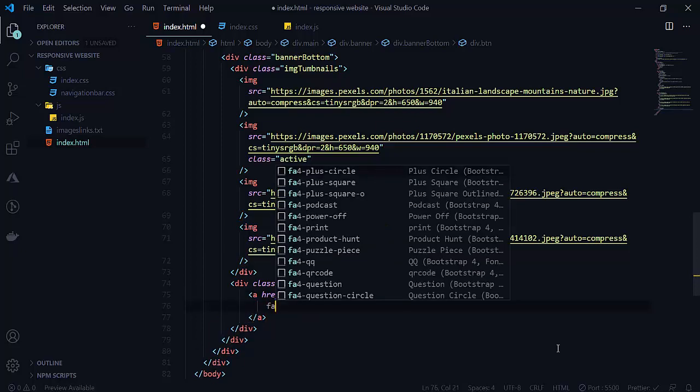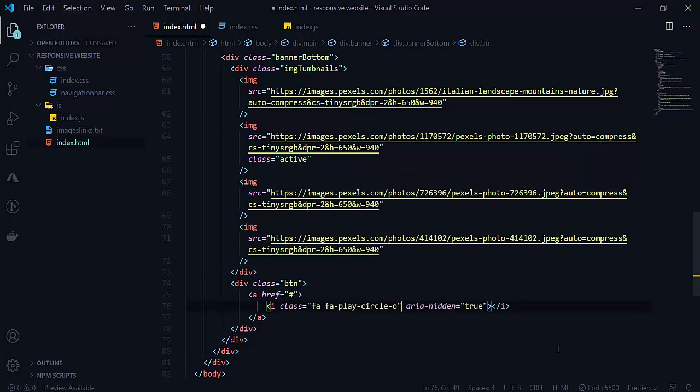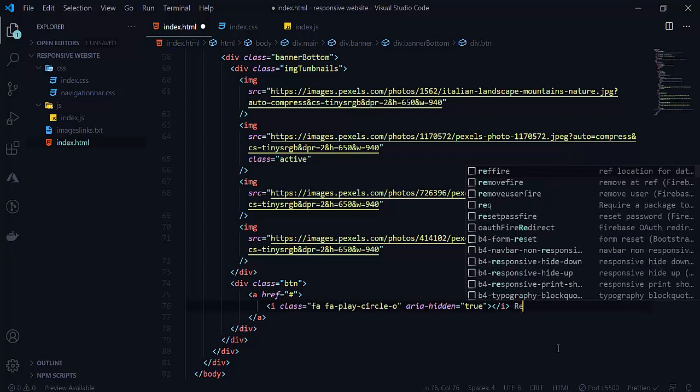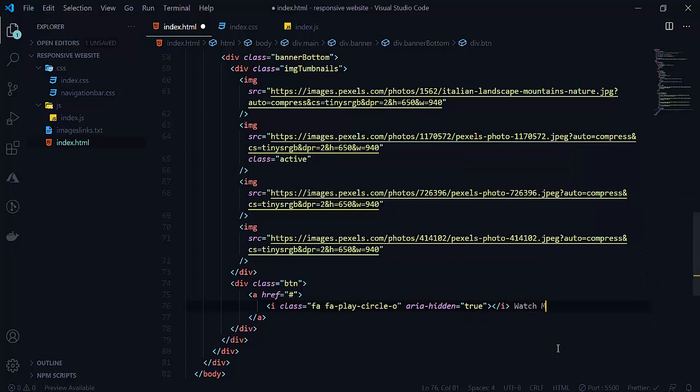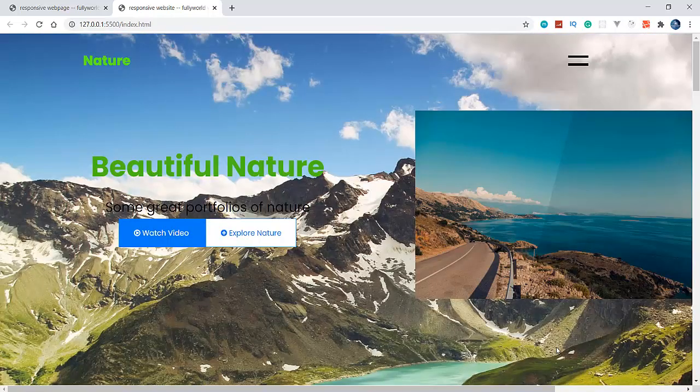Here there will be a play button, that is play circle O. And after that here will be our watch more. So let's see here. So see that these are our images here. So there are many images.